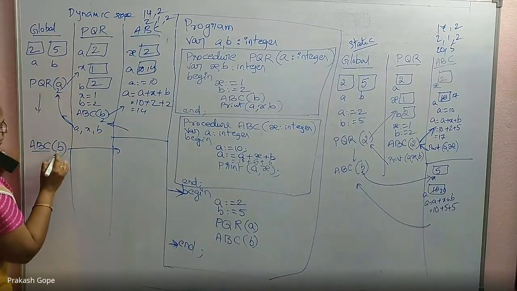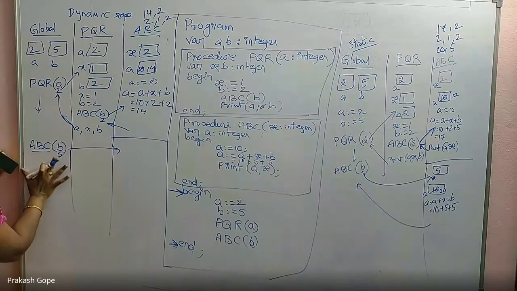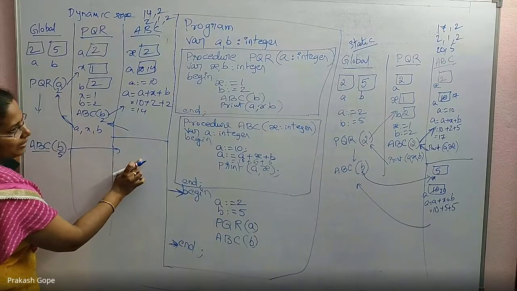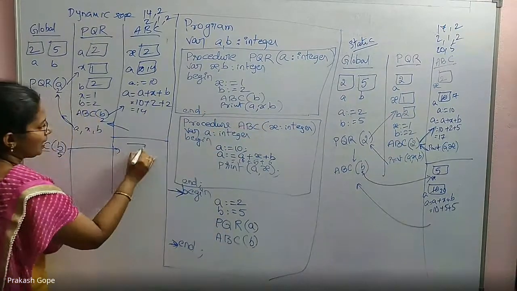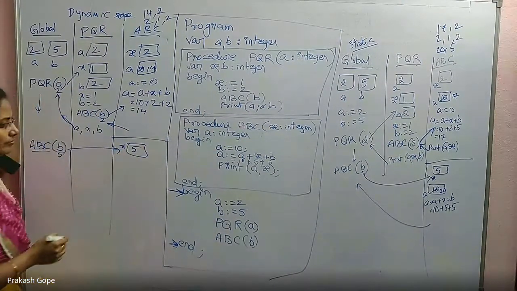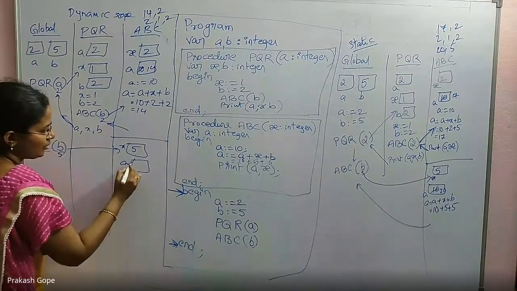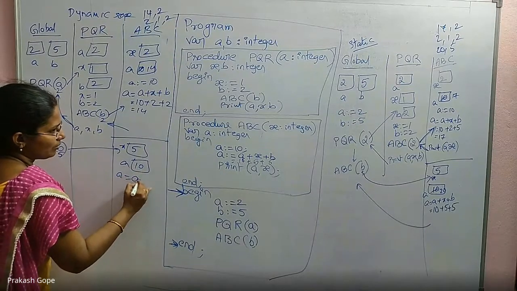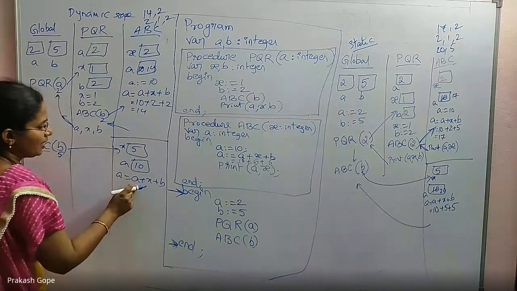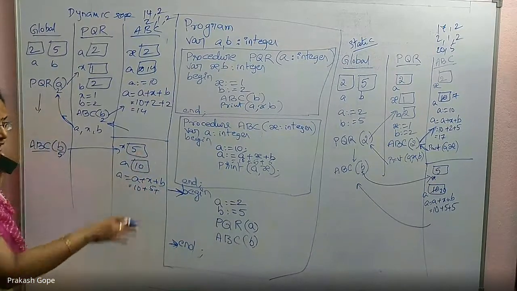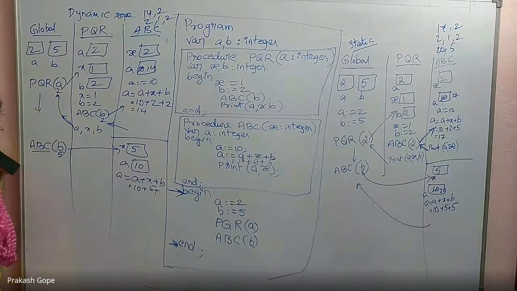B value in this is 5. In this environment B is this B. So take 5 to this environment ABC into the formal parameter. Start execution, local A. A is 10. A equal to A plus X plus B. What is A? 10. What is X? Local X, 5. B, I don't have a locally declared B now.